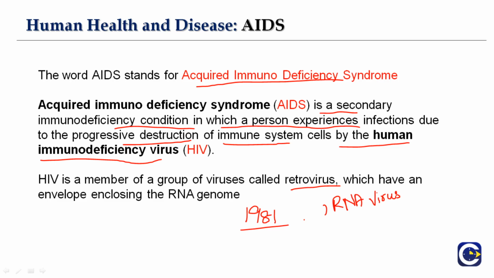Let's talk about a few points on HIV. HIV, the etiological agent of AIDS, belongs to the family Retroviridae. You should be aware of the subgroup also. The subgroup for HIV is lentivirus. The lentivirus subgroup includes the causative agents of slow virus diseases. Besides, HIV is related to animal immunodeficiency viruses. Initially it started from the rhesus monkey, and that's how it got into humans. So humans did not contract this disease directly.